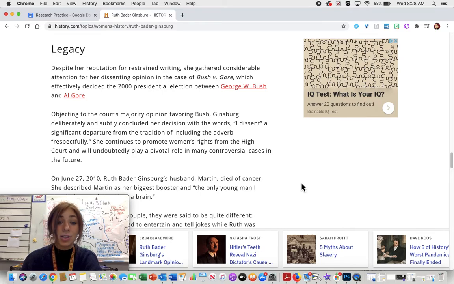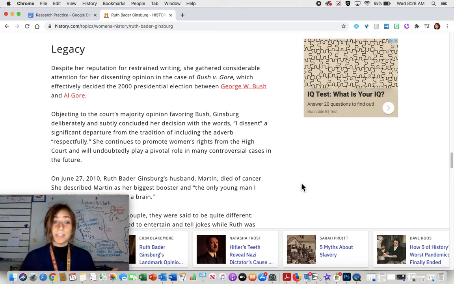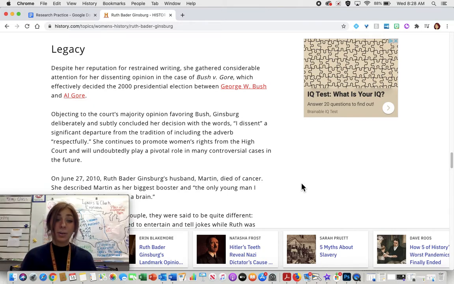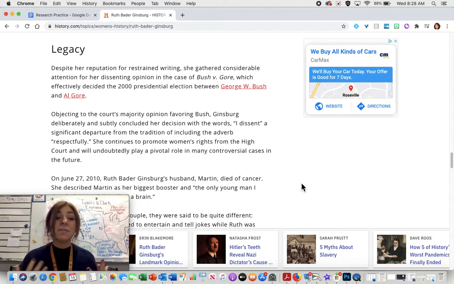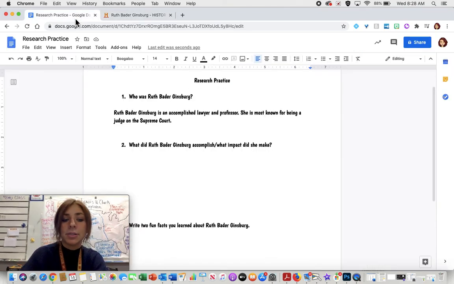And then she also has been really fighting for women's rights, which was really important because for quite a while women weren't considered equal, and there are still issues today with women not being considered equal to men. And so she's been fighting for that, and she's in this position of power that allowed her to do so. And so I'm going to go back to my research practice,